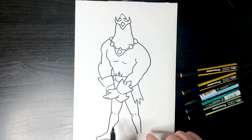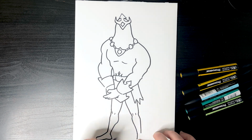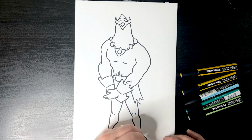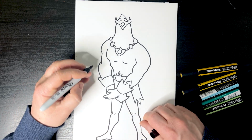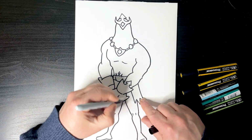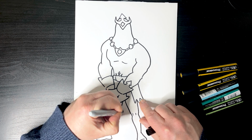This side, the foot's going to come out here, so it's a bit more of an angular one. So line down, bring the line out and around, just join that up. Okay, and just put a little line there just to show that off. Okay, cool. Just to the back of Trident's material around his belt, I'm just going to do a V shape,